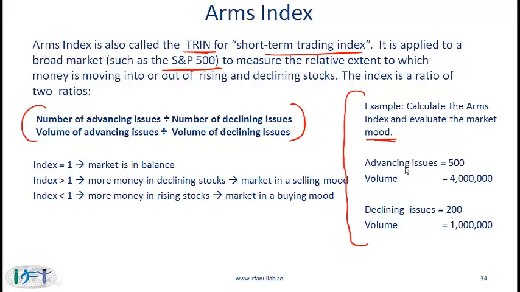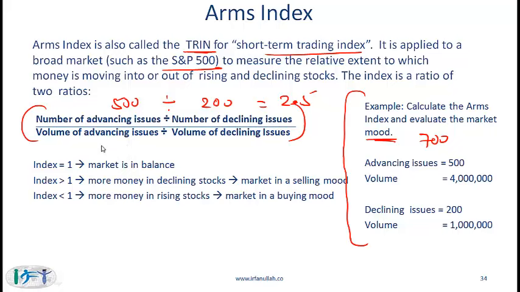You have a situation where we have a total of 700 stocks or issues. The advancing issues in our example equals 500, declining issues is 200. So over here the numerator would be 500 divided by 200, which is equal to 2.5,